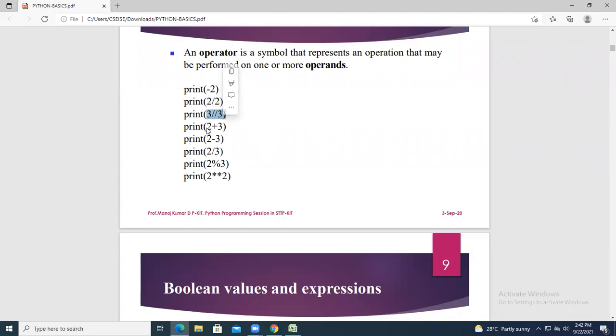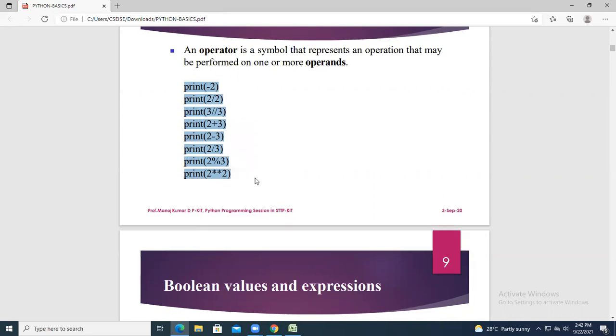Similarly, these are the operators we are going to take: 2 by 3, 2 mod 3. 2 mod 3 will give you the remainder, whereas 2 star star 2 will give you the power. 2 power 2 is equal to 4. Try executing all these examples in Google Colab. I will tell you later how to run the program in Google Colab. So that is the operators.